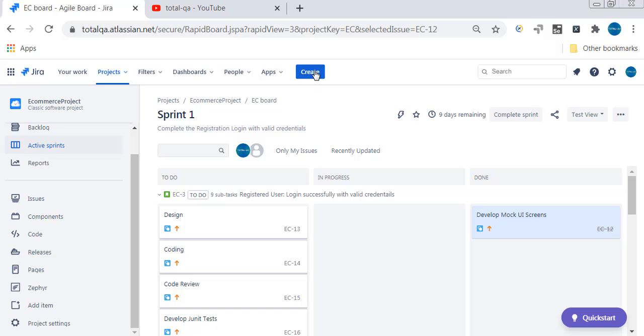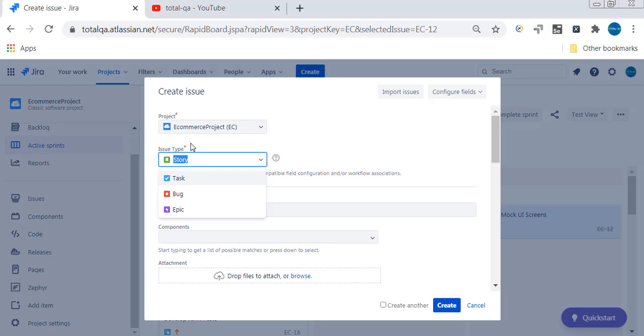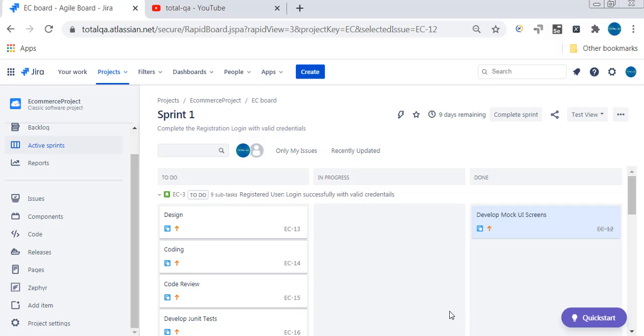Now let's click on the create button to create a test case. When I click on the create button, I verified what the different issue types available are. We have a story, a task, a bug, and an epic. But there is no option available for us to select and create a test case. So the very important point to focus on here is that the test issue type is not visible automatically. We have to access settings and enable the test as an issue type to see this option in the creation of the issue.